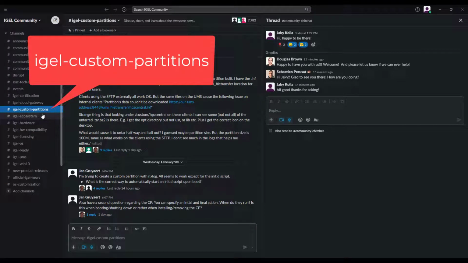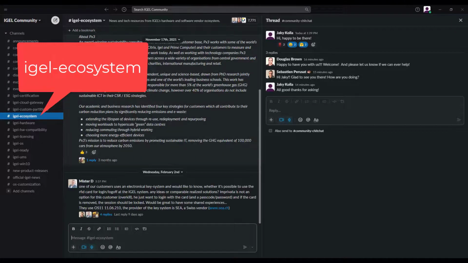Then we have the IGEL custom partitions. Now the terms are a little bit more self-explanatory, so I'll just explain that here. If you want to ask a question regarding the creation, the maintaining, the update, or whatever questions relating to the deployment of the IGEL custom partition, that's the channel to use. Then IGEL ecosystem